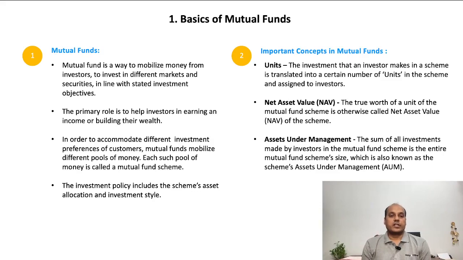Let's talk about the basics of mutual funds. Mutual funds are a way to mobilize money from investors to invest into different securities, different sorts of markets, for a given stated investment objective. For example, there could be a number of investors in the market who are looking to park their money for the short term for liquidity purposes. So a mutual fund can create a particular fund or scheme named a liquid fund, and it can choose multiple securities, money market securities, with less than 90 days maturity period, and the money from various investors is invested into those securities. The objective of that scheme is aligned with the objective of the investor, that is, parking the money